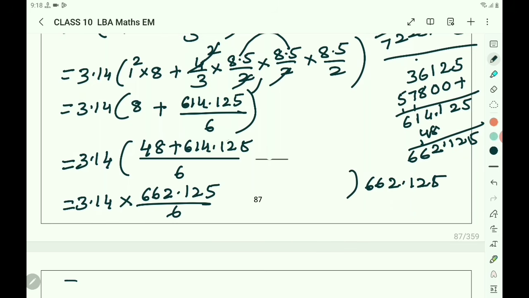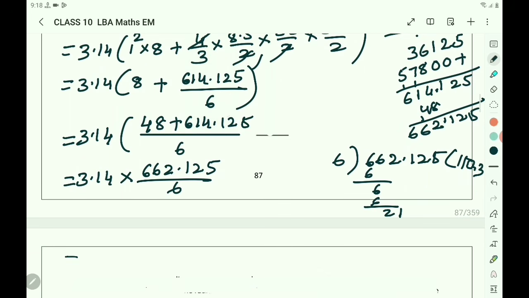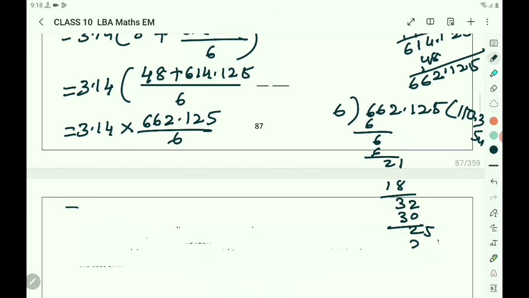662.125 divided by 6. 6 1s are 6. Again 6 1s are 6. 2 is remaining, less than 6. Then you take 1 and put the decimal point. 6 3s are 18. 3. Then you write 3 2. 6 5s are 30. 2 5. 6 4s are 24. 1. Then you got